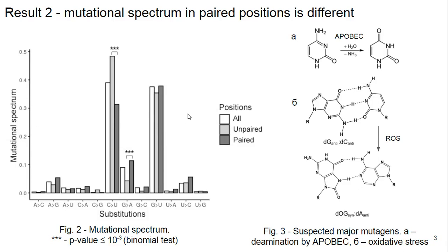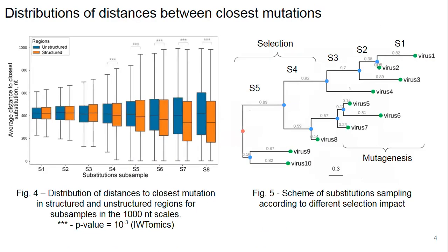We assume that this can be another piece of evidence that substitution C2U in the coronavirus is caused by deaminases APOBEC, which work only on single-stranded RNA or DNA. Also, nucleotide states, paired or unpaired, have no influence on reactive oxygen species, as expected. To study selection directions,